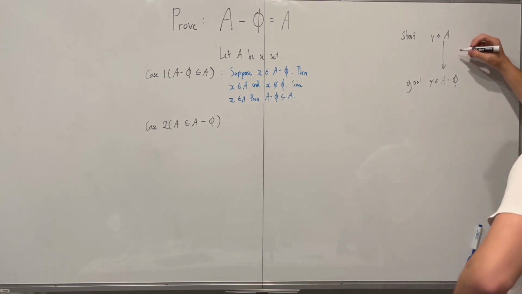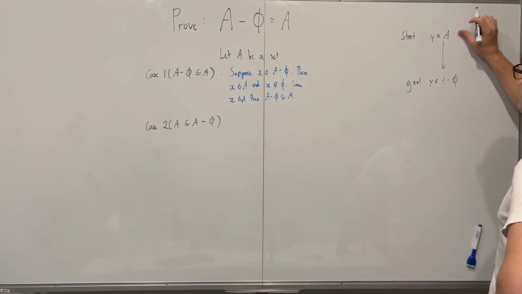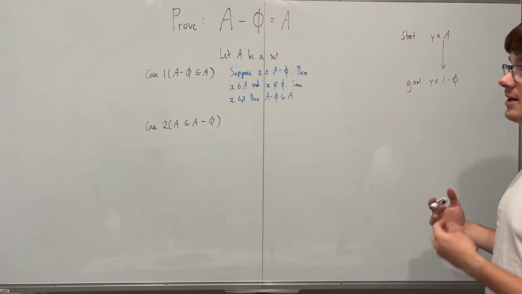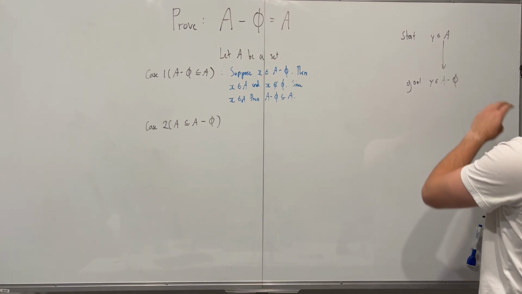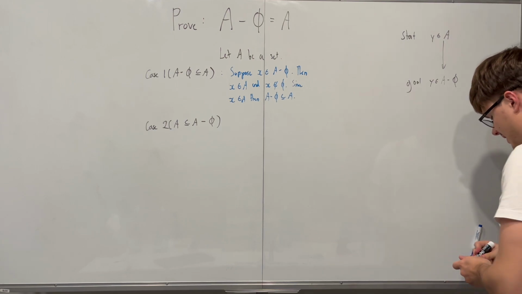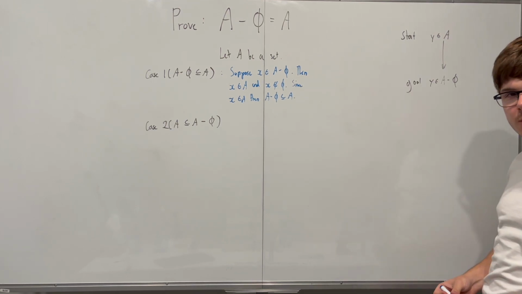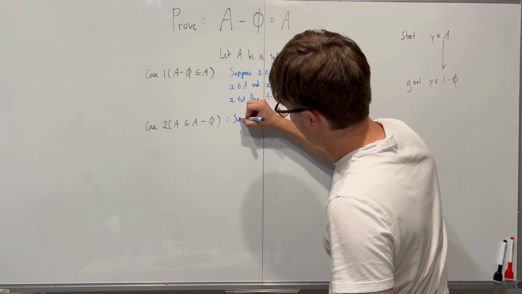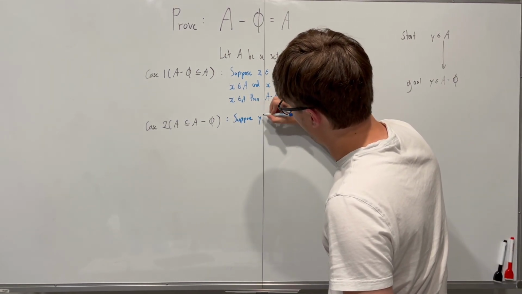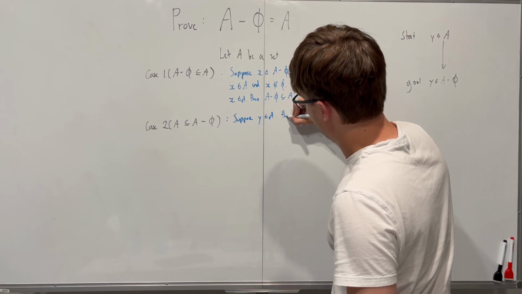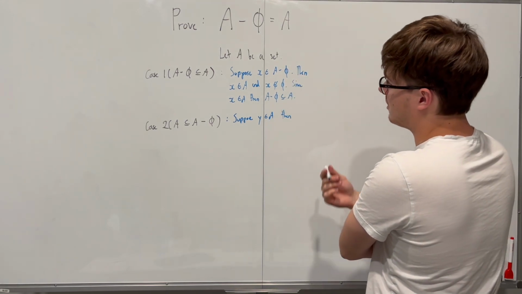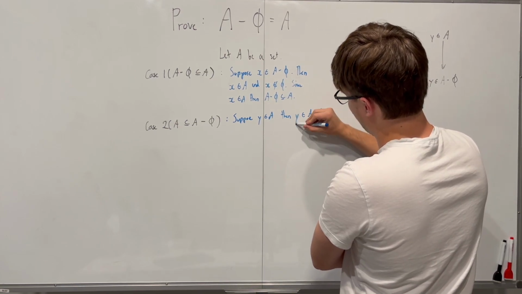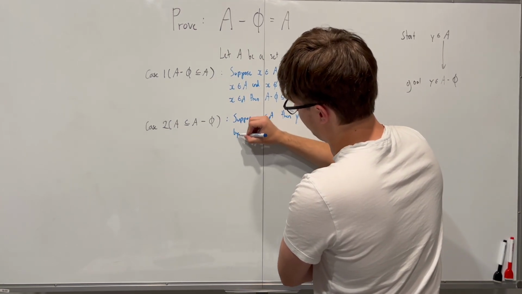Obviously this means that since y is in A, then y has to be in A minus the empty set, since A minus the empty set inherently implies y must be in A and not in the empty set. So that seems fairly trivial. I'm not sure how to word it perfectly, but we'll give it a shot. So let's start by supposing we have a y. So we say, suppose y is an element of A, then I think you can just immediately say then y is an element of A minus the empty set by